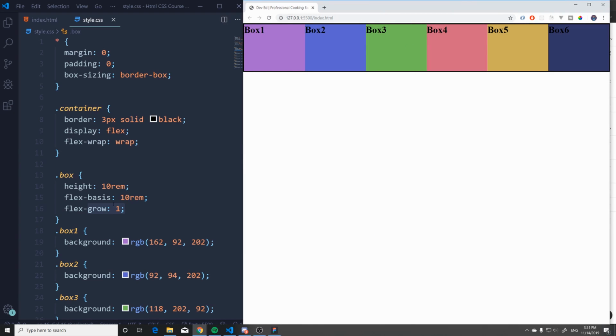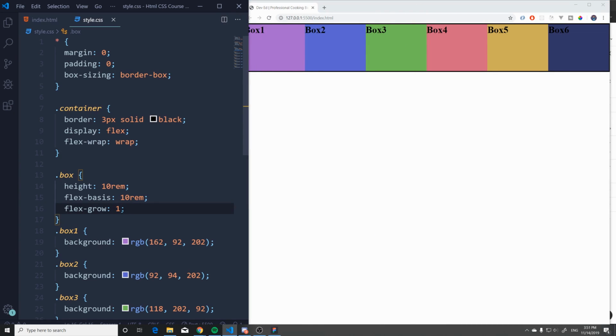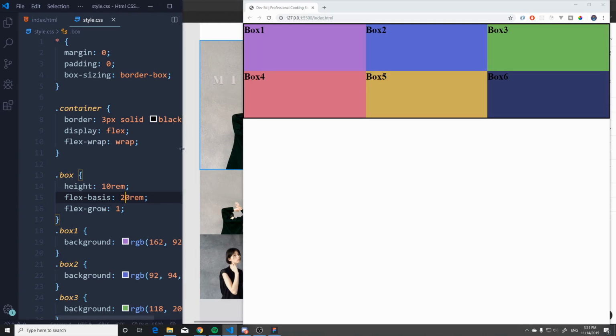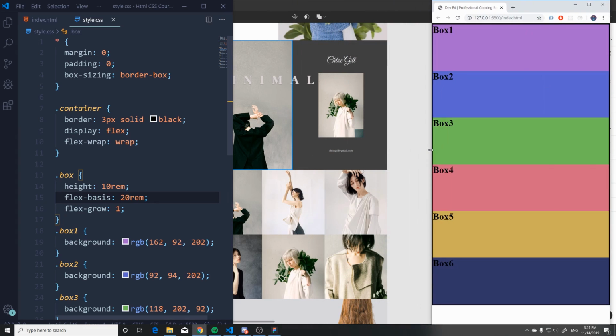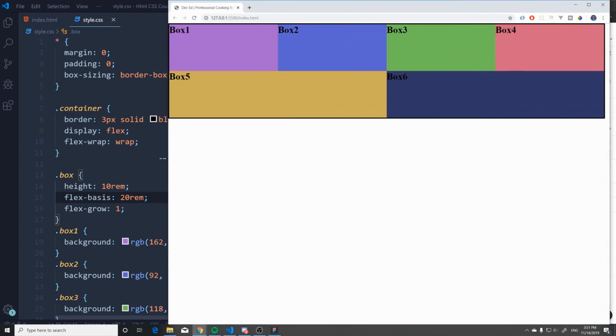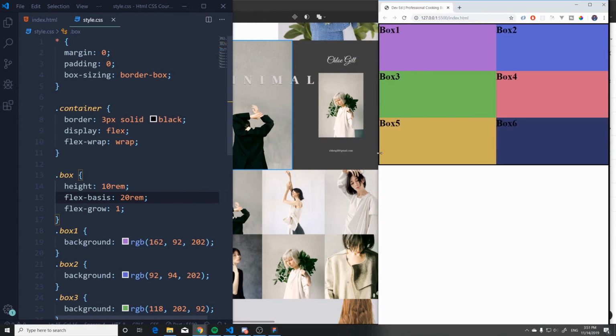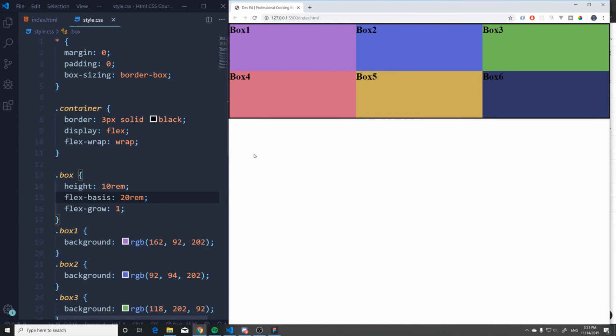Maybe I want this to have a 2-column layout. So I can just increase the Flex Basis here and take a look. Now we have a 2-column layout. As soon as we get smaller, this is gonna keep splitting up till we arrive to a 1-column layout. How cool is that? So you can still create some awesome things, but remember, if you don't have a Flex